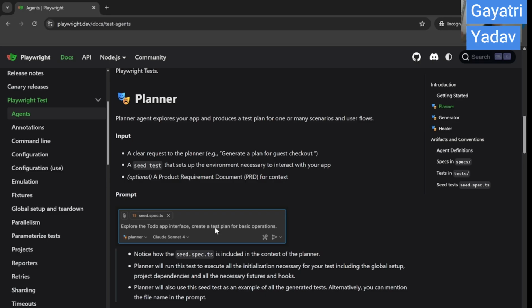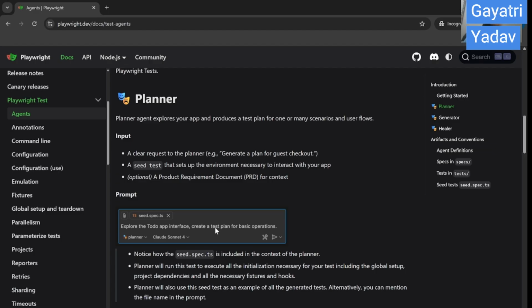Okay, so let's understand what the planner actually does. It understands what needs to be tested. The planner agent's job is to understand what actually needs to be tested, and it reads the requirement like a human. It breaks a big task into steps.